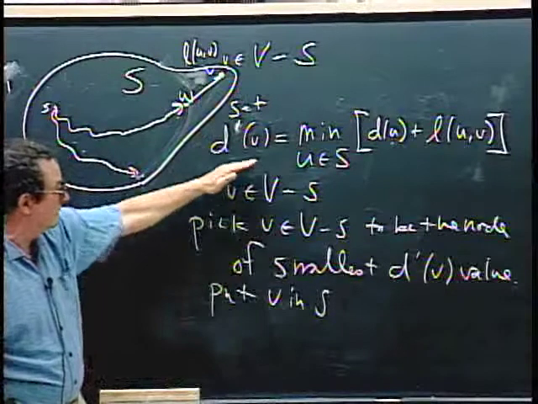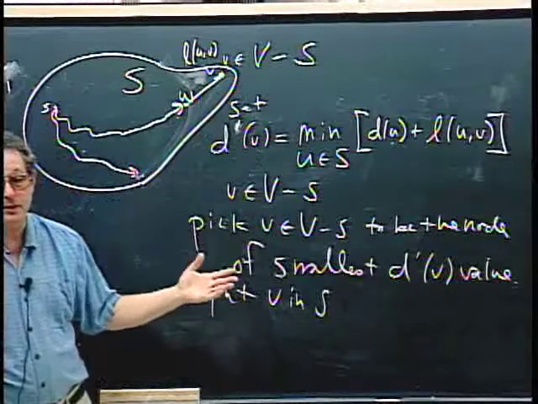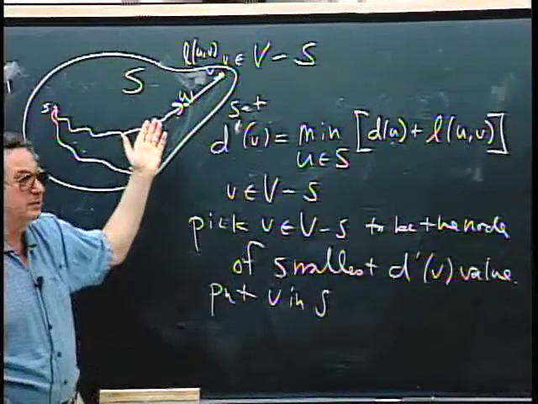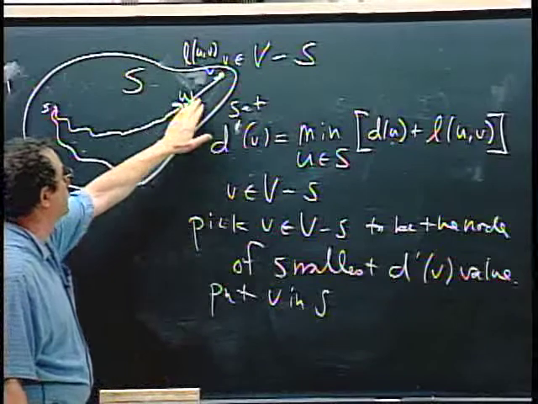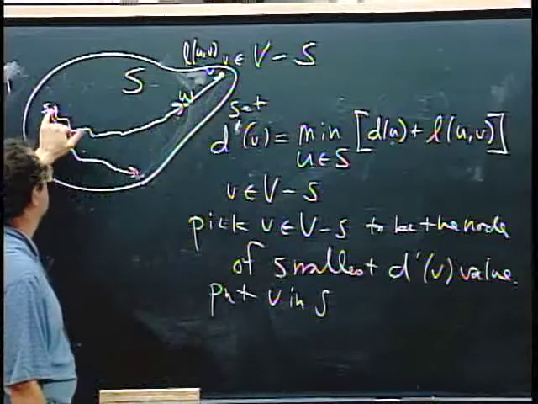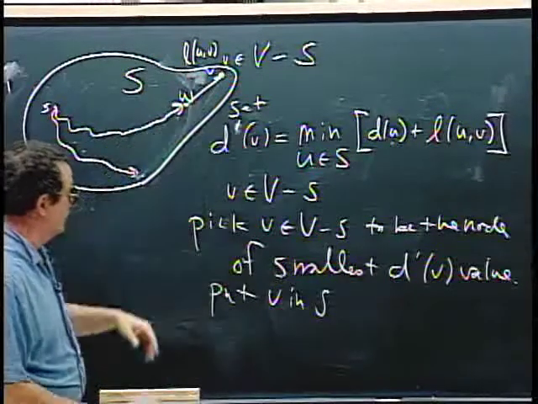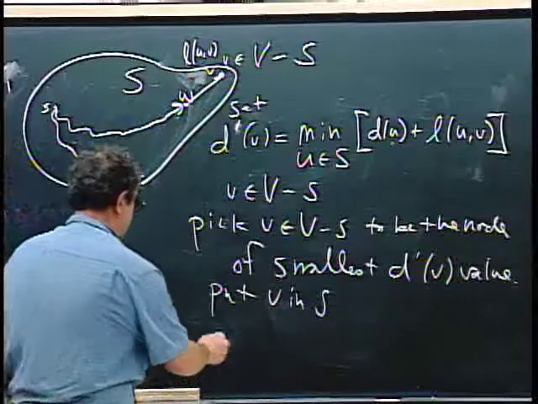And additionally, in order to reconstruct the actual path, this algorithm right now is just computing numbers, but in order to reconstruct the actual shortest path from s to each of the other nodes, what we're going to do is